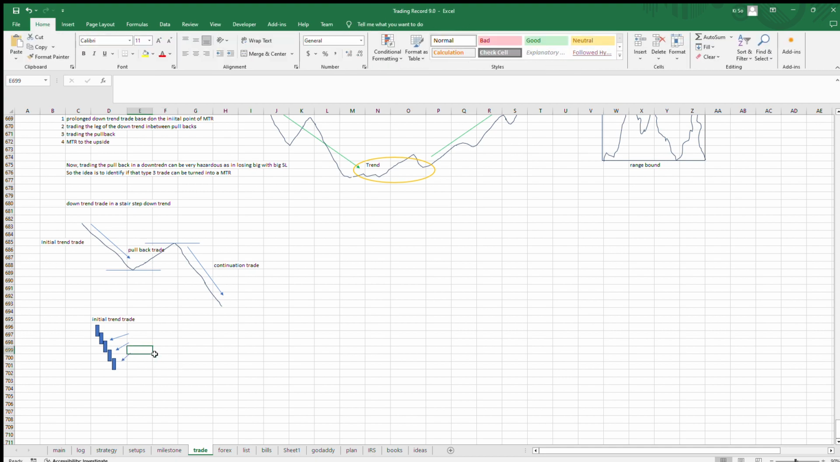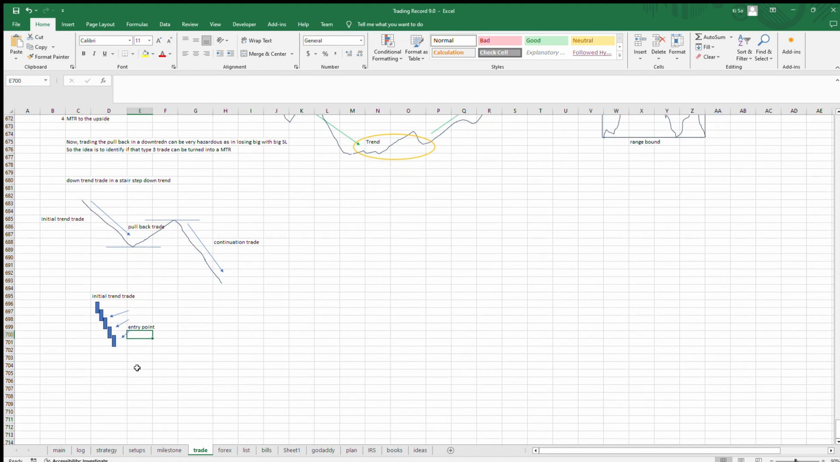So the entry point. Okay, that is representing this area right there. Okay, initial trend trade. And then I would look at this area, which is going to be the pullback trade, which has two ends, essentially. So that would be the entry point, and the exit point would be at a point where I would say that somehow,